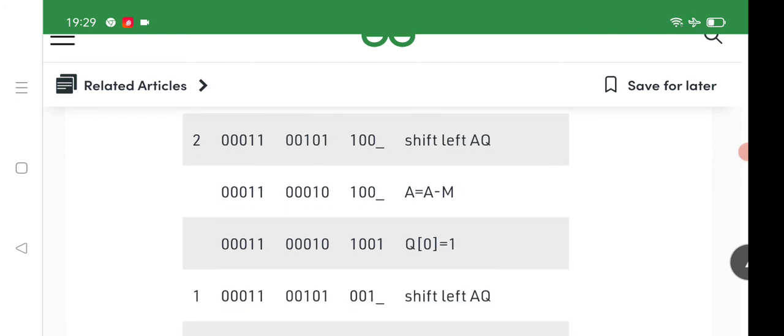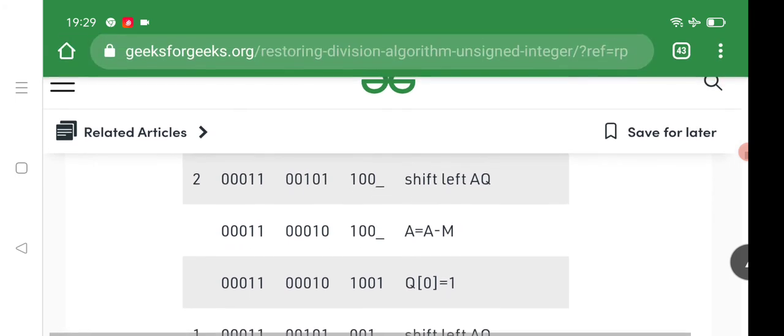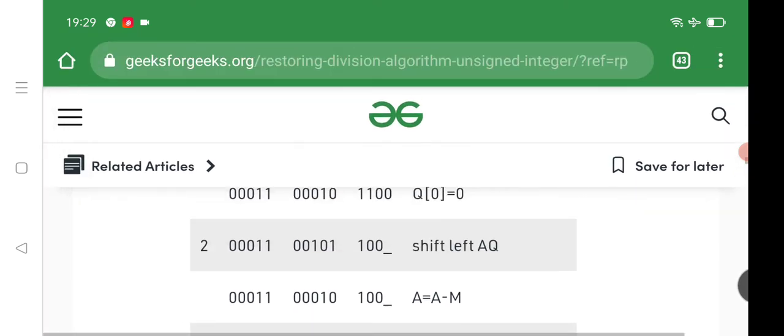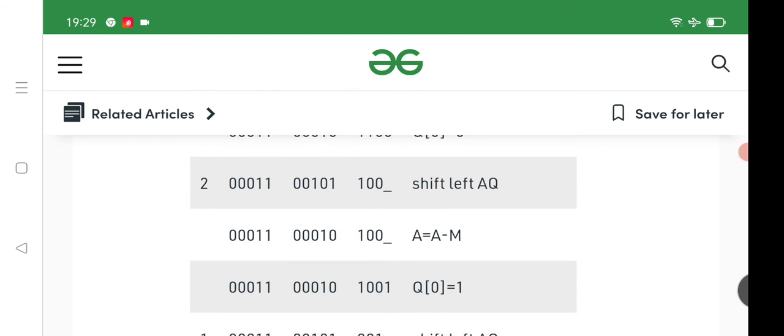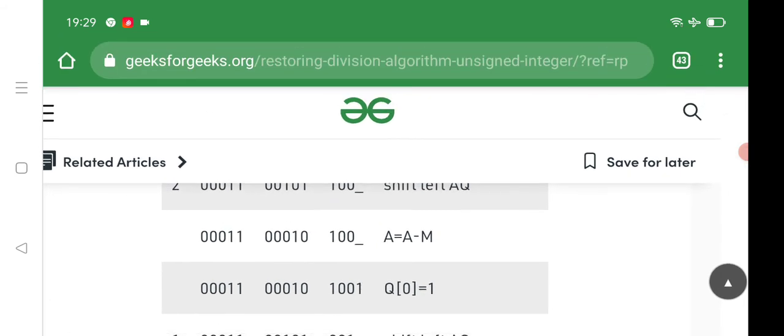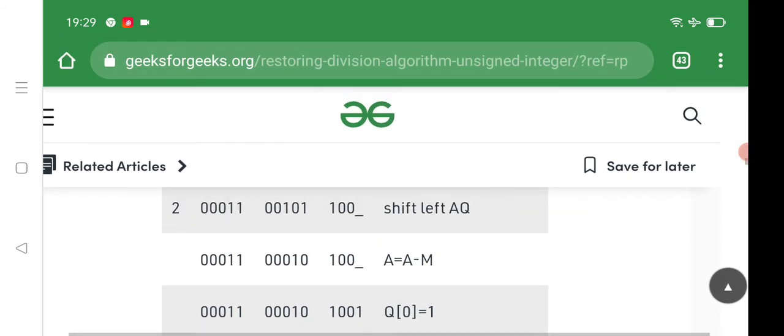Once n becomes 2, I need to do the shift left operation. Once we have done the shift left operation, we will get this.